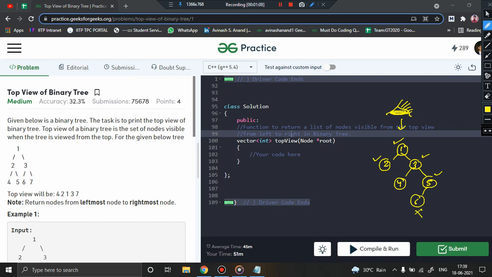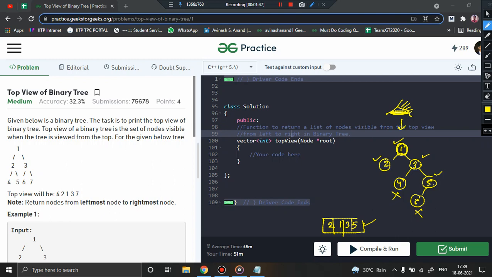So this node will not be visible and this node will not be visible if this tree is viewed from the top point. Why? Because their vision is hidden by the nodes above them. Node 1 basically superimposes this node. Exactly in front of this node is node 1 and exactly in front of node 6 is node 3. So only node 2, 1, 3 and 5 will be visible. This will be our top view, which is 2, 1, 3, 5, and no other nodes are visible, only these 4 nodes, and hence our output should be 2, 1, 3 and 5.